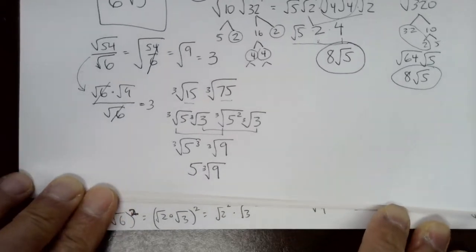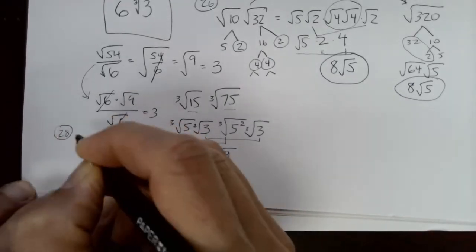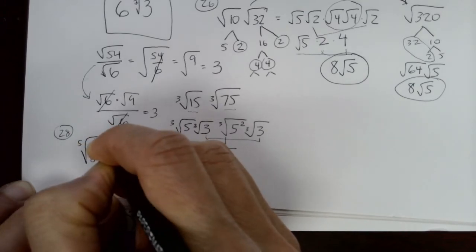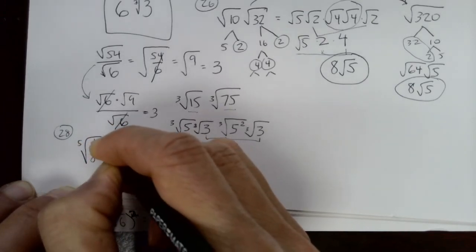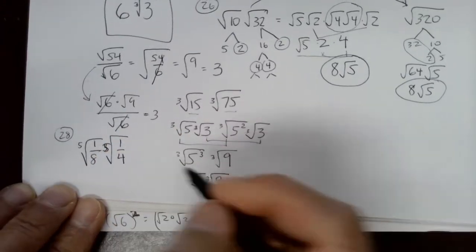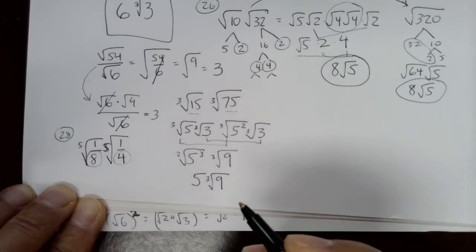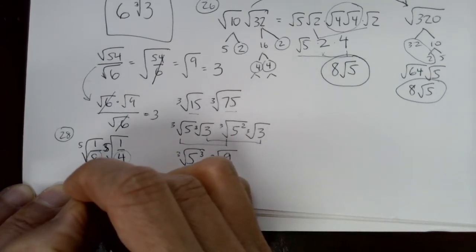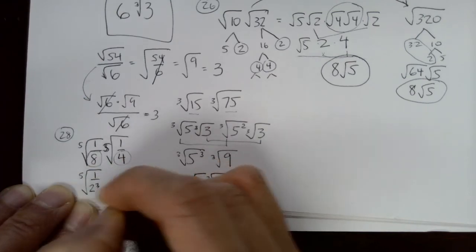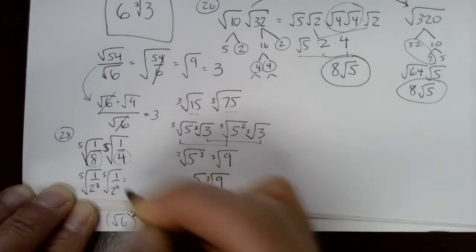And I've got enough paper just to squeeze it in. If I put part A over here, number 28, I've got the 5th root of 1 over 8 times the 5th root of 1 over 4. I'm thinking about 3 because I recognize that this is 2 cubed and this is 2 squared. So I could write this as the 5th root of 1 over 2 cubed times the 5th root of 1 over 2 squared,